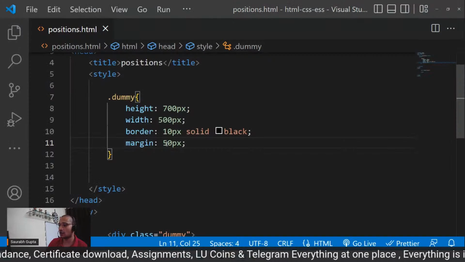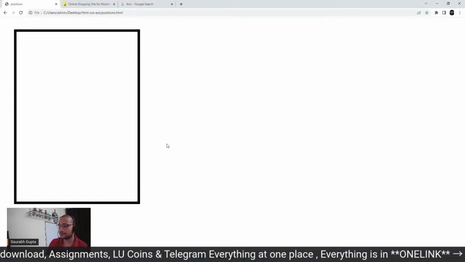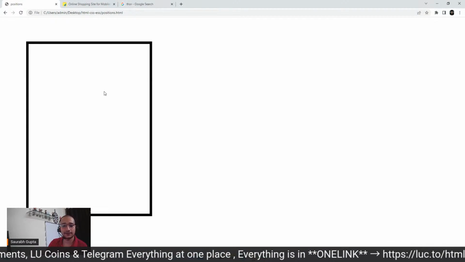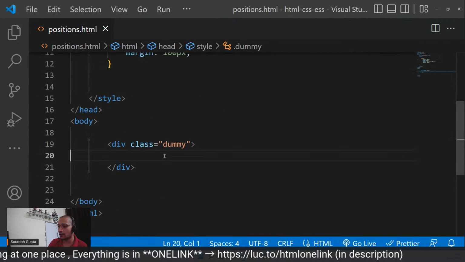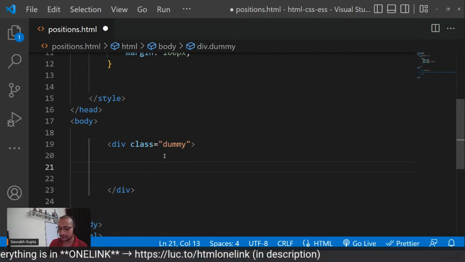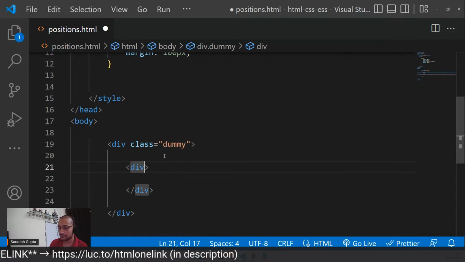Okay, I hope you guys can see it. Or let me just put 100 pixel. Okay, I hope you guys can see it, right? Everyone, a simple element. Now inside this, I would like to create a few elements. Focus, guys, please focus. So div